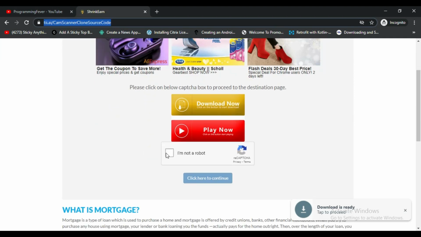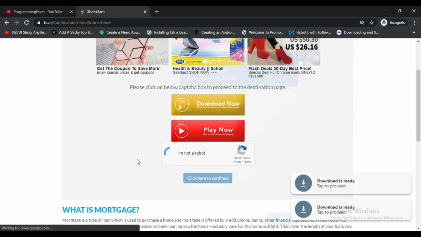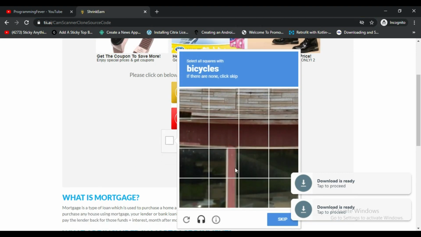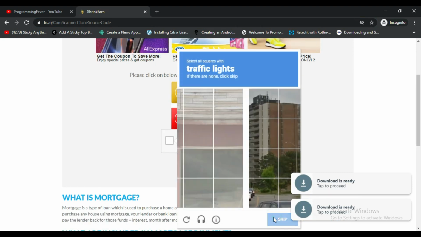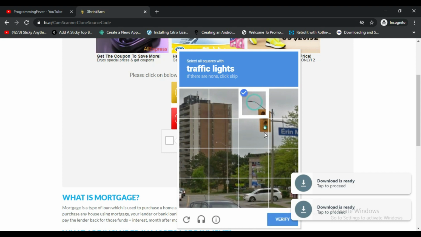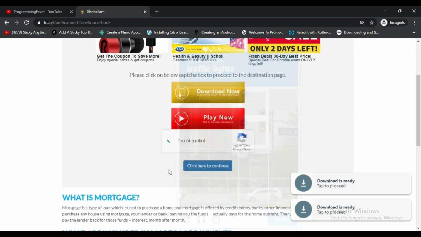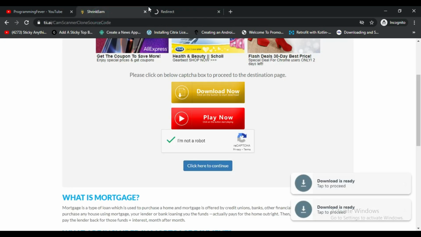And after that you have to click on I am not a robot. You have to verify that you are a human. Click on this traffic light, verify, click here to continue. This will open 3 to 4 ads. You have to click again and again. Click again,